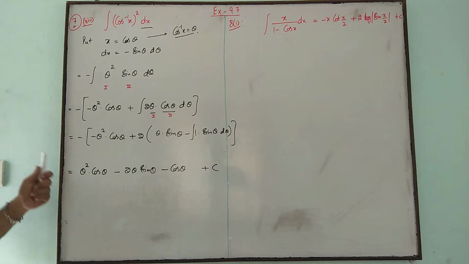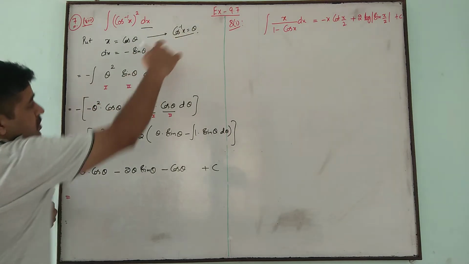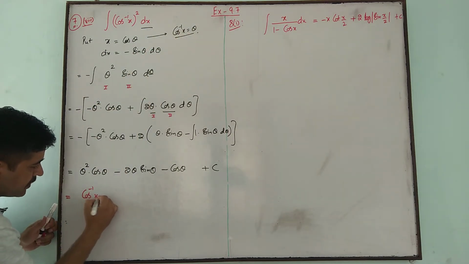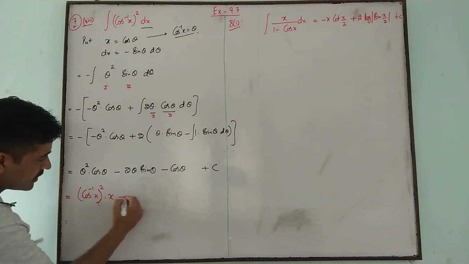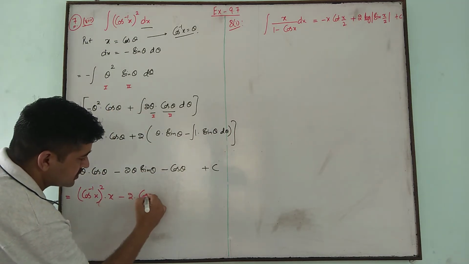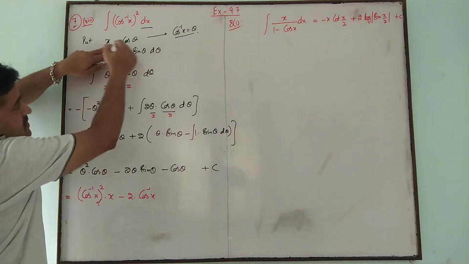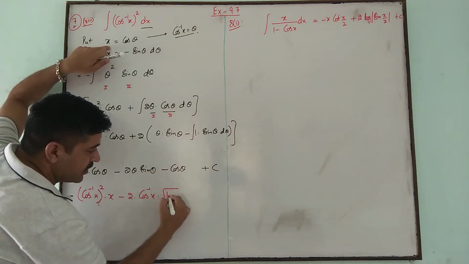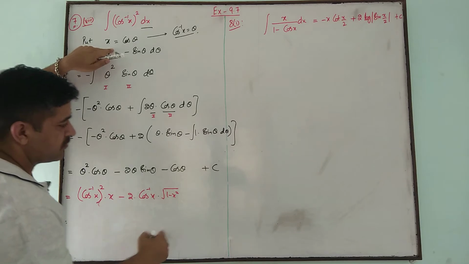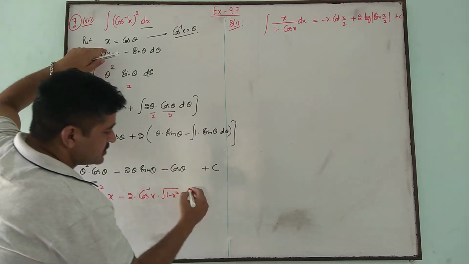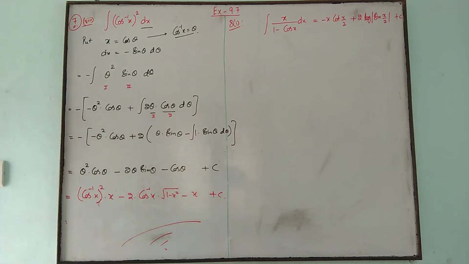plus c. Now substitute the values, that is for theta square cos inverse x square, for cos theta it is x, theta cos inverse x, sin theta, if cos theta is this, what will be sin theta? Under root of 1 minus x square. That we know, for cos theta is x, then sin theta will be under root of 1 minus x square, and cos theta is x plus c. This is in terms of x your answer.